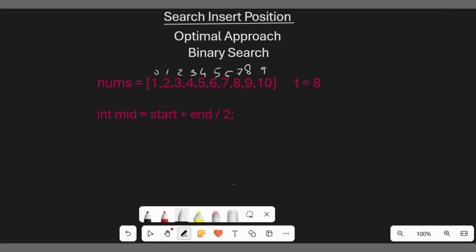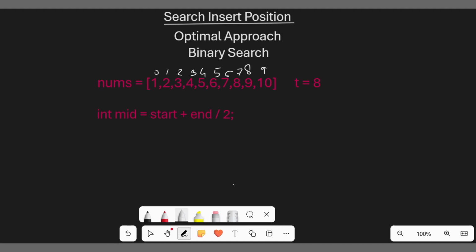Suppose we have an array nums with elements 1, 2, 3, 4, 5, 6, 7, 8, 9 and 10 and the target value 8. Now we have to find this target value in this nums array. In our process of opening a page in a book, we were selecting a page somewhere in the middle of the book and checking if that page is equal to, smaller than, or greater than the desired page, and taking the next step on the basis of that only. Now don't you think the selection of the page number which we open first will also affect the speed of our code? So, to get a more efficient solution,